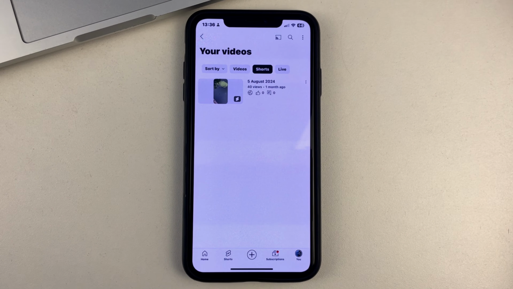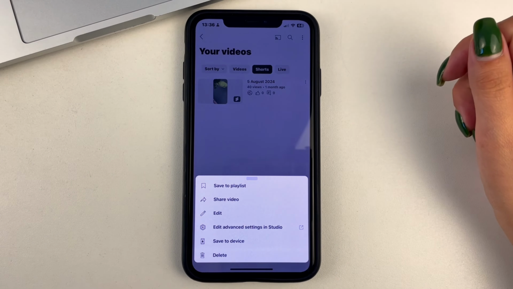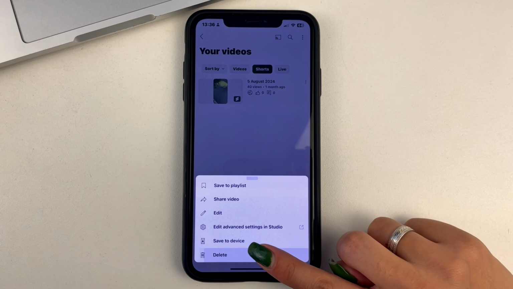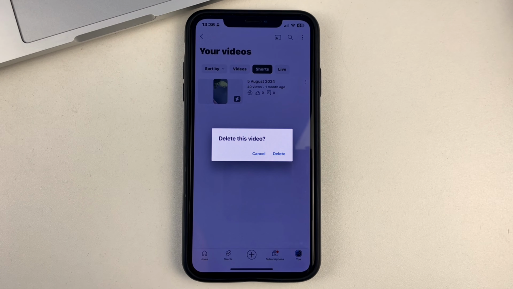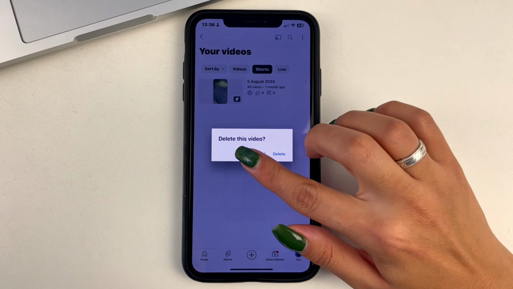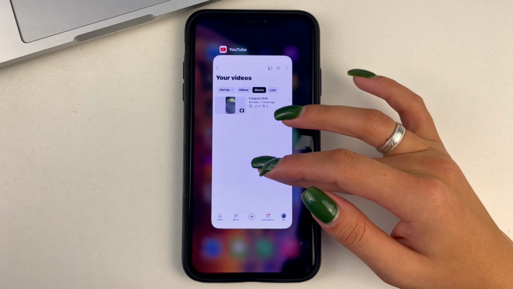So friends, no matter what kind of video you have on YouTube, you can delete it in exactly the same way. Once you find a video, shorts, or live, you need to click on these three dots here. And now at the bottom choose Delete. Then you just have to click Delete to complete the process and confirm your action. After that, your YouTube video will be deleted.